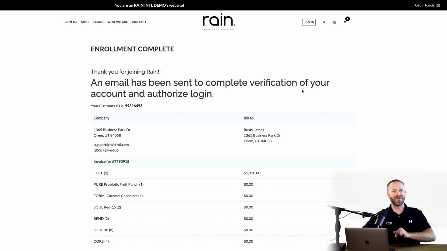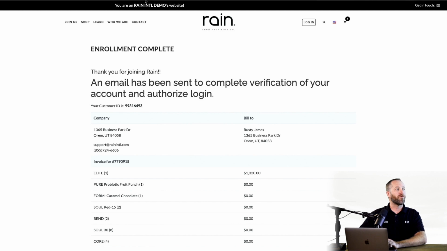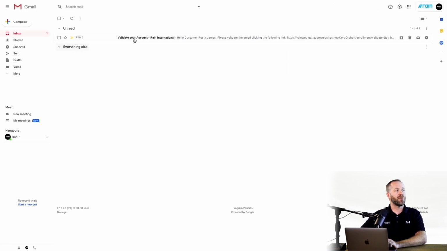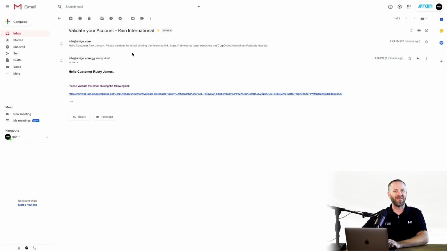Again, the emails are super important, ladies and gentlemen. So be sure that it's the right email. Once you complete this, you will need to go to your email and look for the verification. Right here is what it will pop up. You'll see a validate your account. And this will look a little more pretty when everything goes live, but this is the link that you'll then click on